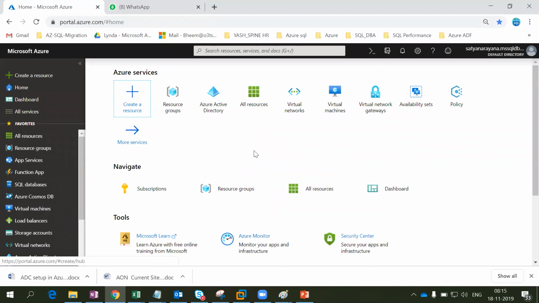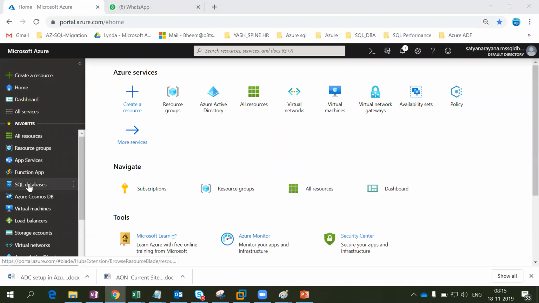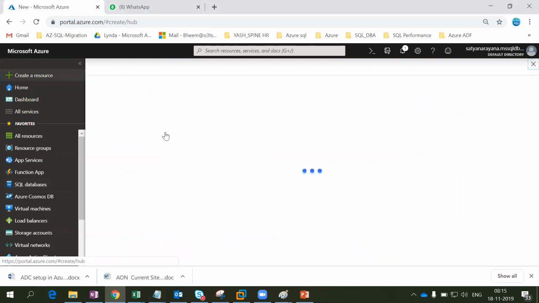This is my enterprise level portal. What we are going to do, see here, this is databases. If you click, you can directly go and create, or else you can go and create the resources where you can identify the creation of this PaaS database.